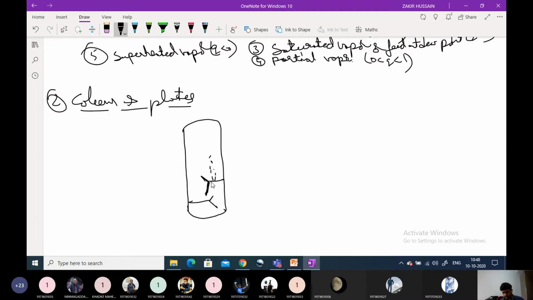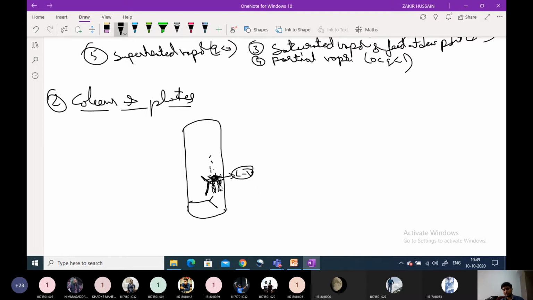In each plate, there will be perforations. Perforations means small holes. Depending on the size of the holes, the vapors will rise. The phenomenon that takes place here is that the vapor should rise through these small holes and reach this liquid. And here, the interfacial contact between liquid and vapor is possible on the plate.